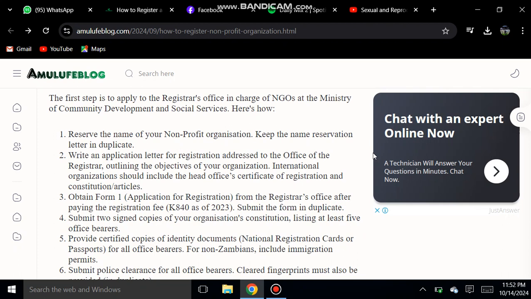When you go there at the registrar, the first thing you do is register your organization's name. So your non-profit organization's name, you register it, and that's called the name reservation. They'll tell you if some other organization is using the same name, or if there's something wrong with your name, they tell you to change it. But if there's nothing, they will reserve the name and they'll give you a reservation letter for that name. Then number two,